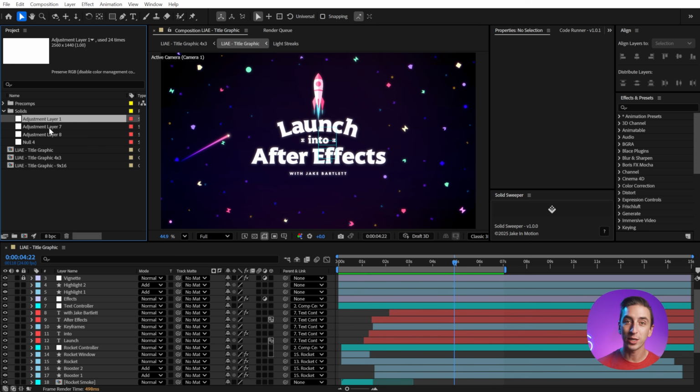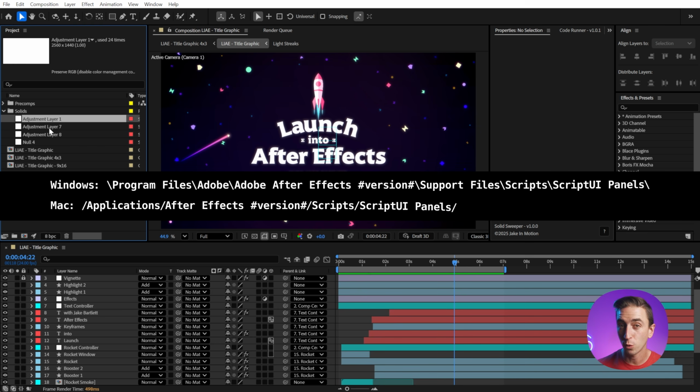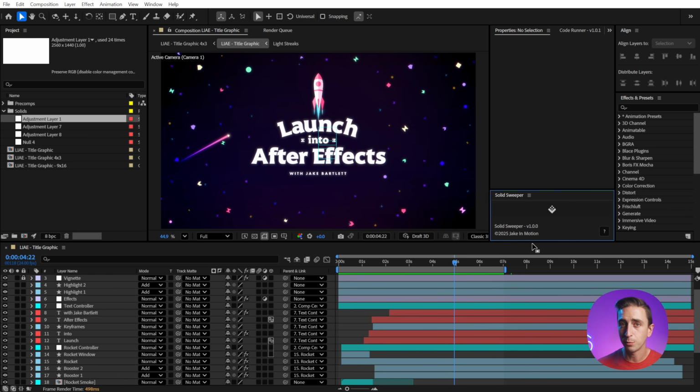So I hope that you enjoy Solid Sweeper. You can install it by placing it in the Script UI Panels folder for your version of After Effects. There's installation instructions on the product page if you've never installed a script before, but if you also don't want it taking up so much UI space for such a simple little utility, you can also run it from the